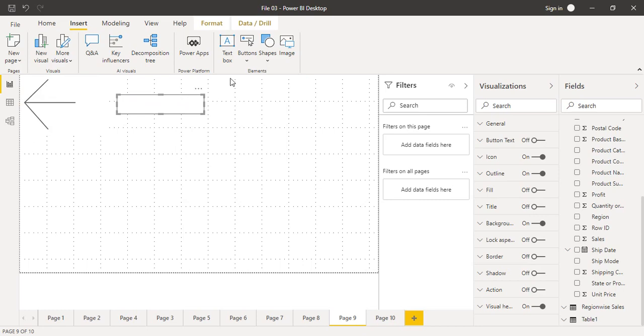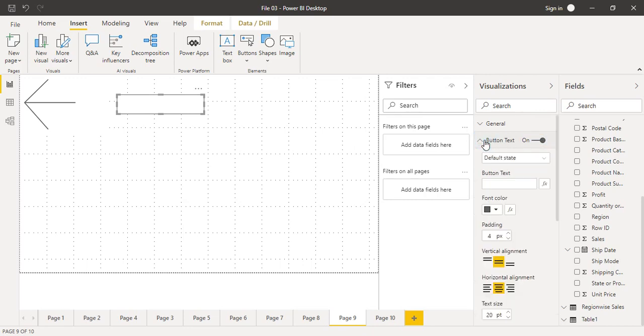How can we add the text? Make sure that your button is selected to which you want to add your text. You can go to this button text option, and then you can just turn this button text on. If you expand it, there is this option of button text which is right now blank, but you can add any text for your button over here that you want. I'm going to add a simple URL which is nothing but, say, YouTube. I'm actually going to type YouTube first of all.